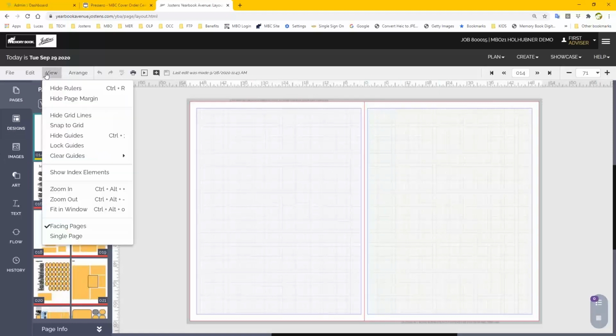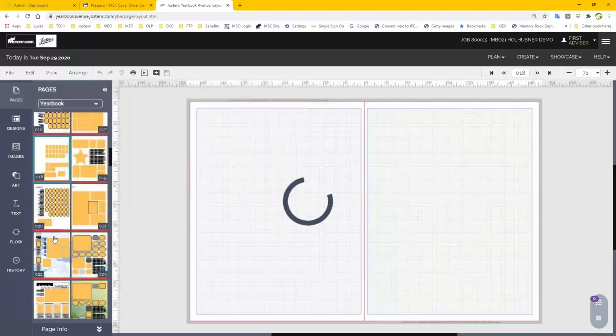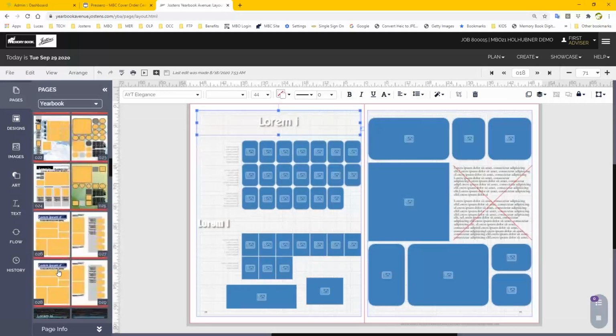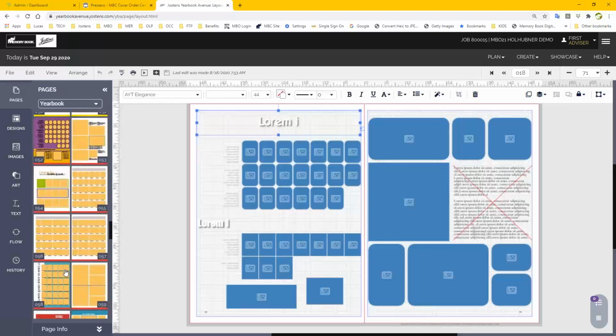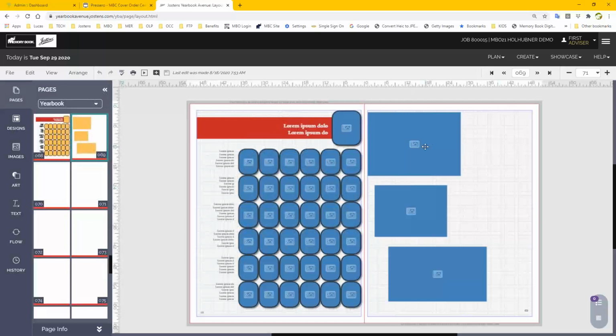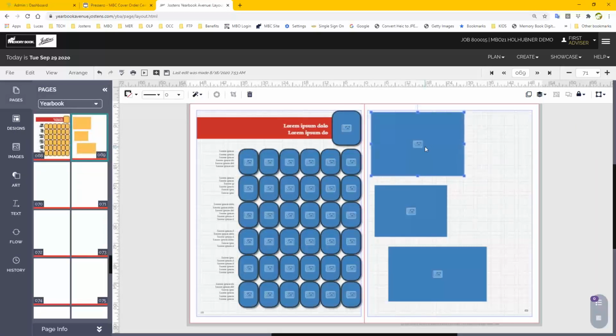But we're going to have snap to grid. Now with snap to grid off, which it is on now, actually, let me go to a page here real quick. And let me find a better page here that I have. Here we go. So with snap to grid off, as you go to move something,